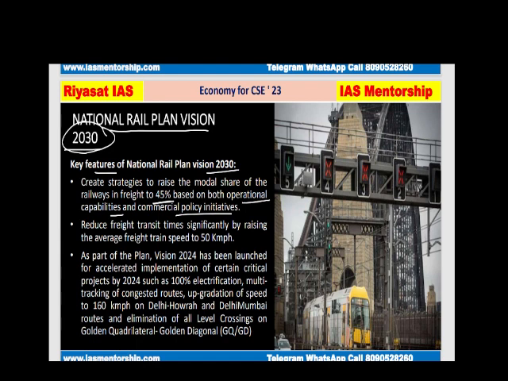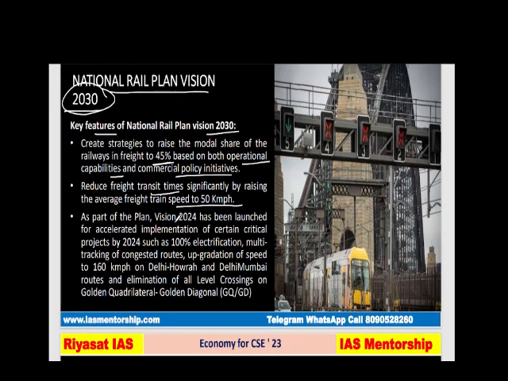Aim is to increase the railway freight. Basically, increasing the railway carrying goods by 45% and also to reduce the transit times by increasing the speed to 50 km per hour. With this, efficiency is also increased, time is also lessened, and also as a part of plan 20 Vision 2024